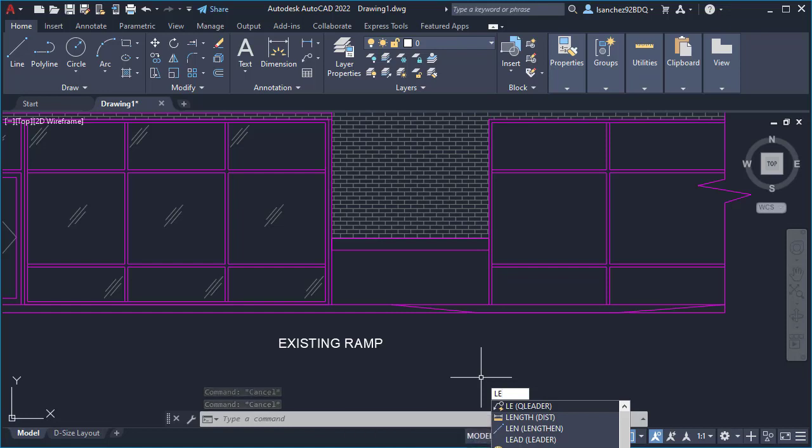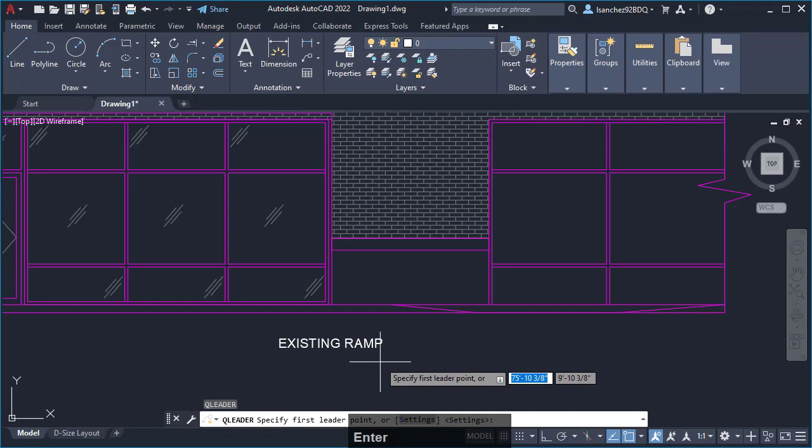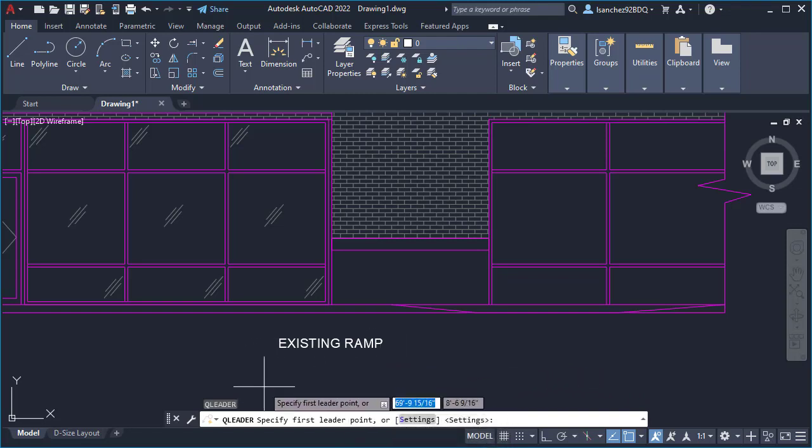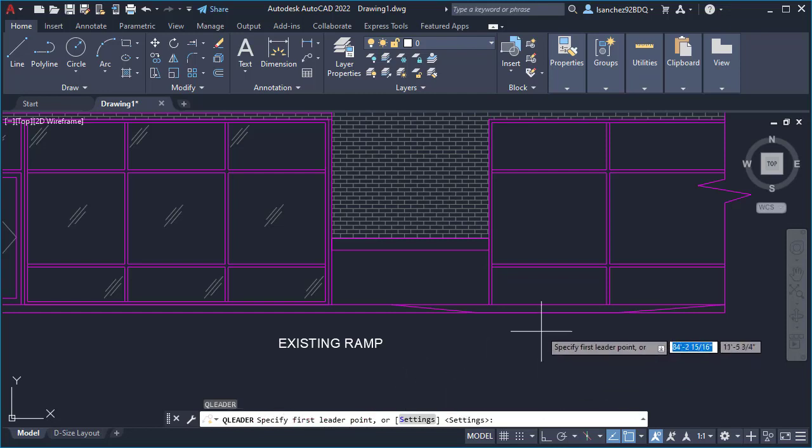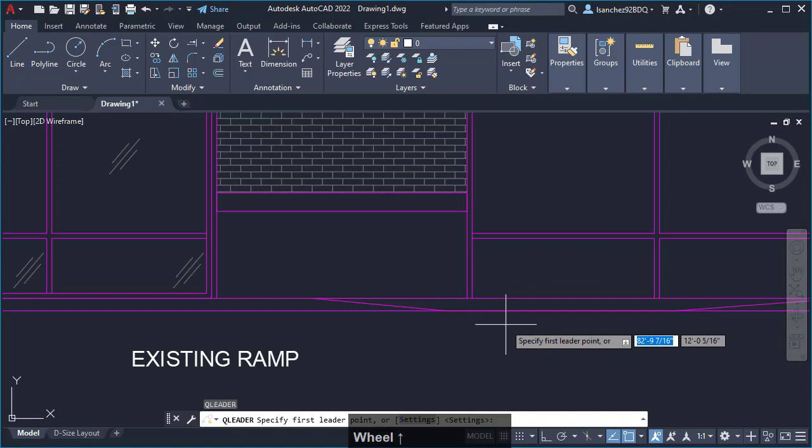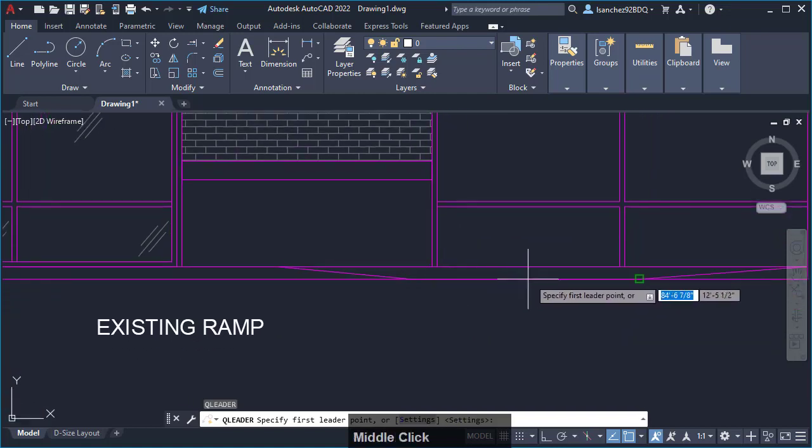So I'll press enter, and again, I don't know anything about leader. Help me please, command line. Specify first leader point. I'll click here, zoom in, and since I cannot snap here on the middle of this ramp,